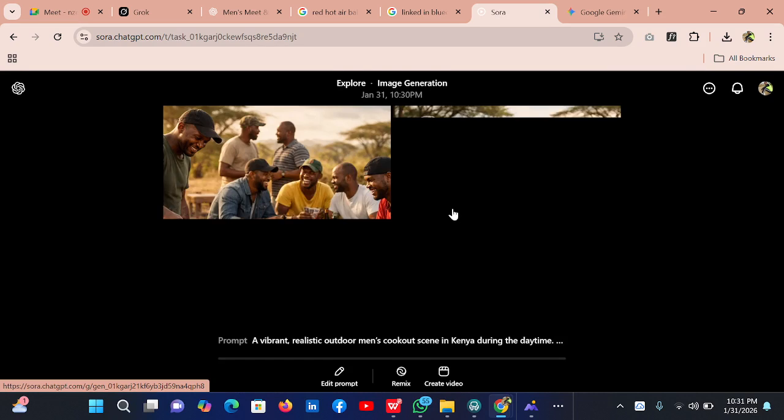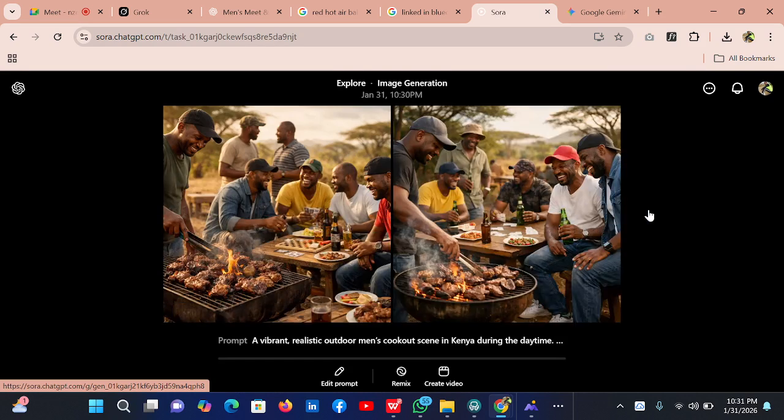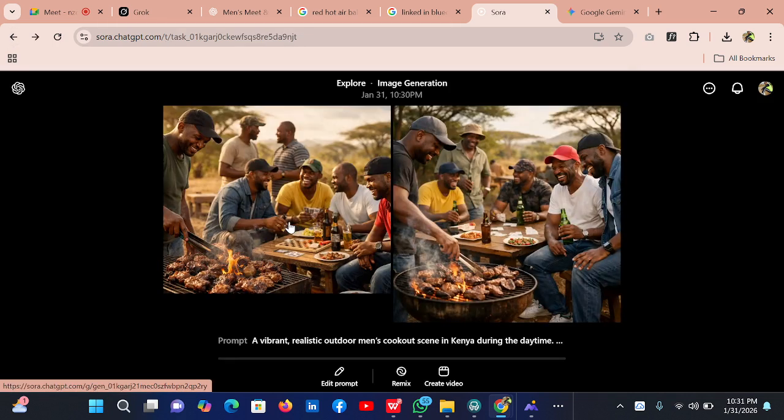I love this one, this is awesome. Guys, see what AI can do. Check that out. It really captures Kenya. I don't know why it put the savannah and Mount Kenya in the background, but the fact that we told it a Kenyan story, you can see the aspect of nyama choma, you can see the aspect of chill.